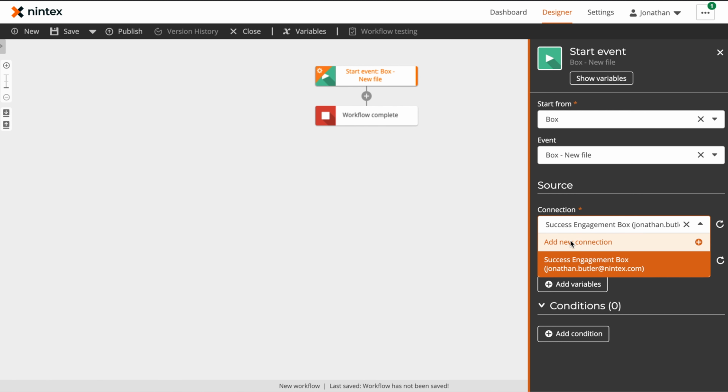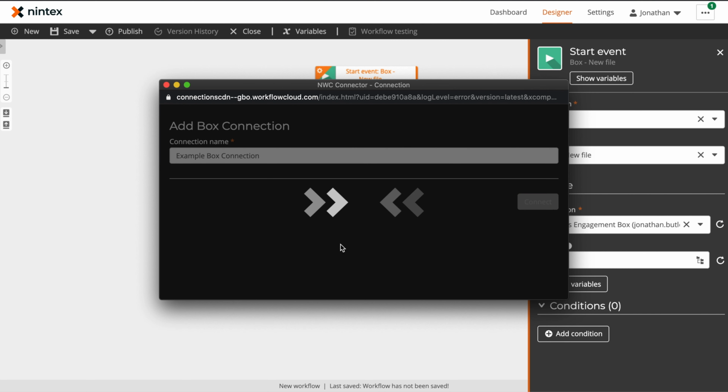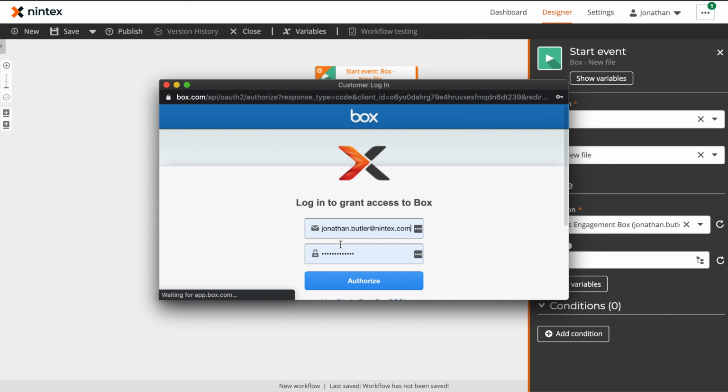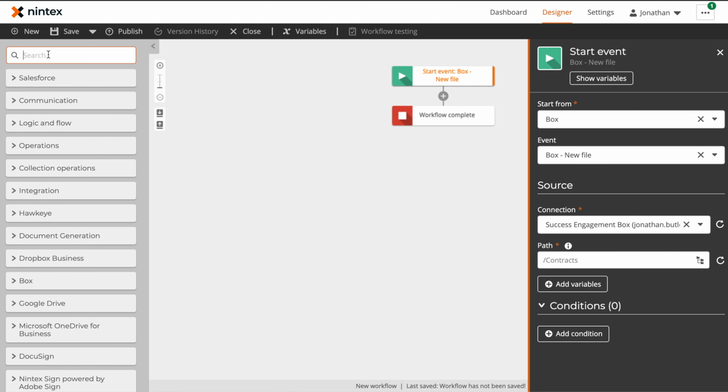While I already have a pre-configured connection here in my NWC tenant, if you'd like to add a new connection, you can do so from this page. This will ask for a connection name, and then we'll ask you to authorize against your Box environment. Given that I already have my connection configured, we'll go ahead and cancel out of that, and we need to provide it a path where this file is going to appear. In my example, our files will be uploaded to our contracts folder, and with that, we've completed our start event